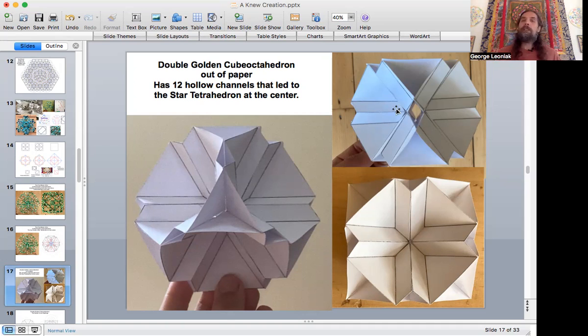But the neat thing about this is now when these all start lining up, these are little hollow channels. I like to almost think of them as wormholes because we will get into a little universal structure in a little bit. But there's a cube, there's a star tetrahedron right here at the heart of this, right at the center. And it's got 12 of these hollow channels, which actually mean those hollow channels now are actually a cube octahedron. Right through the center of each of these would produce the cube octahedron,